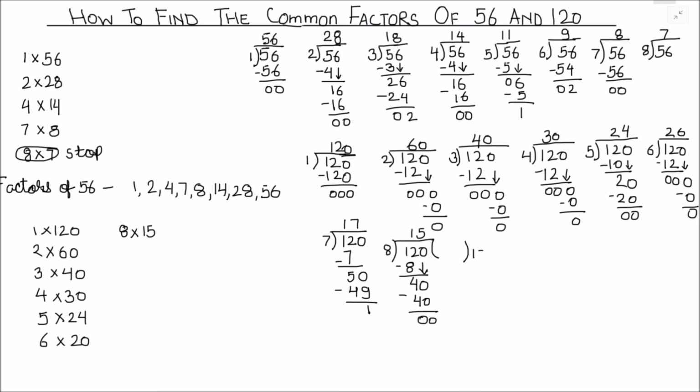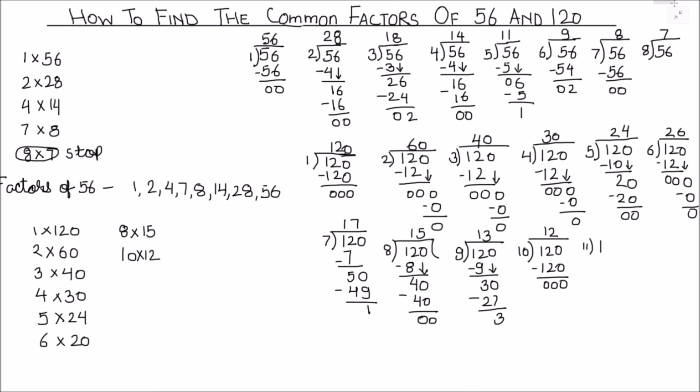Now we'll divide 120 by 9. 9 times 1 is 9. 3 is remainder. Then we'll drop down 0. 9 times 3 is 27. So we got 3 as remainder. That means 9 is not a factor of 120. Next we'll divide 120 by 10. As 120 is having 0 in the ones place, that means it is divisible by 10. 10 is a factor of 120. 10 times 12 is 120. We got two factors as 10 times 12.